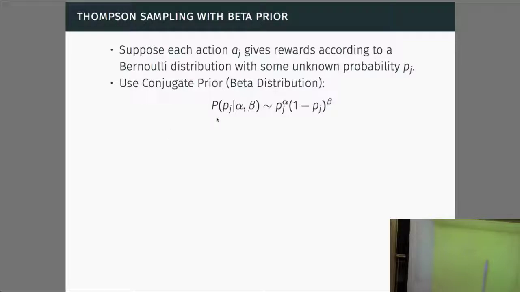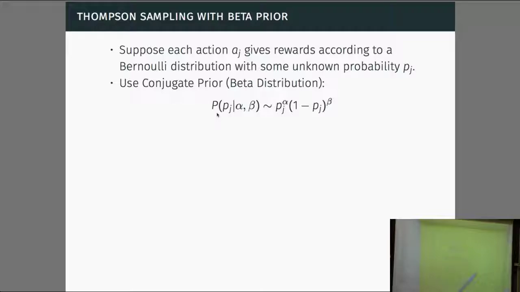And then we're going to use a conjugate prior, in particular a beta distribution. So actually I should specify here, theta is going to be equal to basically just the probability for each of the k actions, right? Because for each action A sub i, P sub i tells us the distribution of the action. It's just a simple Bernoulli distribution. So theta is just the vector of those probabilities.